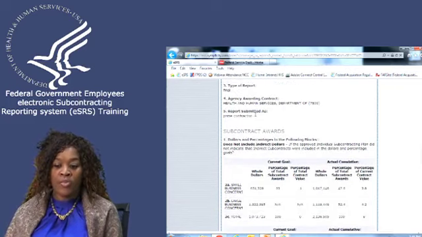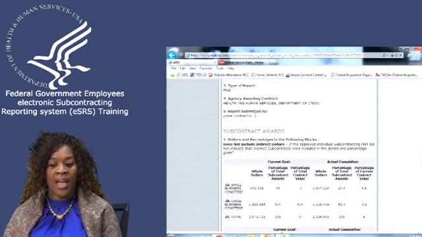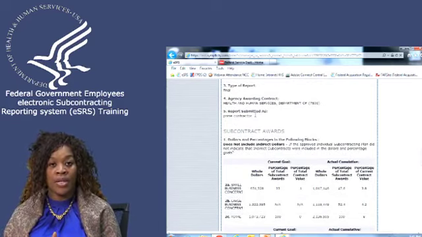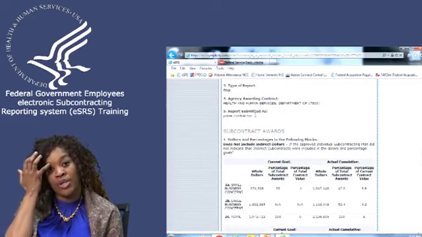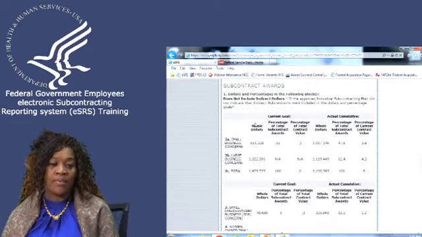They're saying that they are reporting this action as the prime contractor. As you know, they have the option to report as a prime or a subcontractor. So you want to make sure that this is definitely the prime contractor that you have awarded your contract to. Now, this is the meat and potatoes of this report.